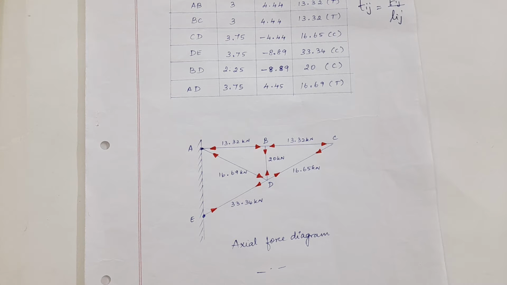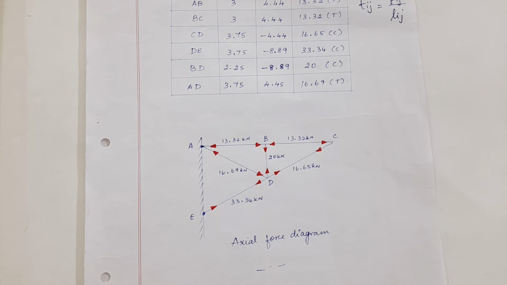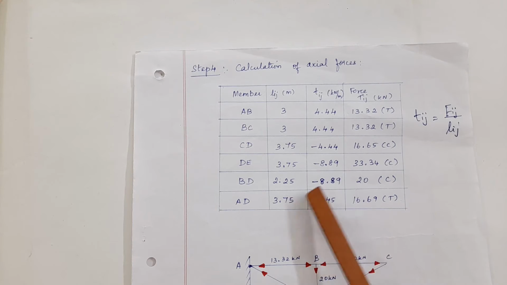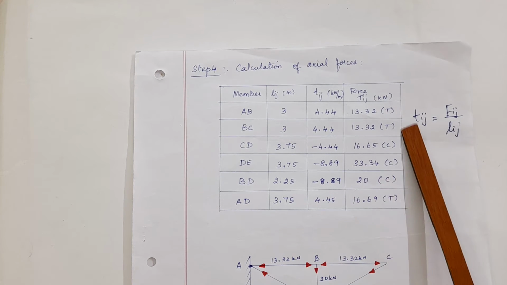We can start from a joint where I have two member forces as unknown. I have two equilibrium equations, that is summation of all the horizontal forces is equal to 0 and summation of all the vertical forces is equal to 0. So if there are two member unknowns, I can make use of these two equations to find the unknowns in these two members. So first step, the tension coefficient in these two members can be determined. Multiply by the corresponding length, we get the force in the member and its nature.